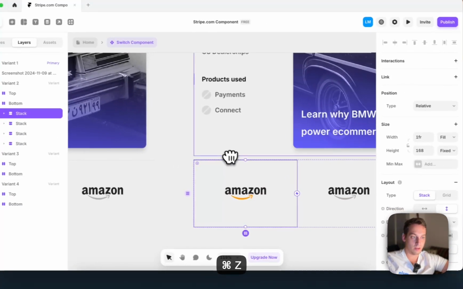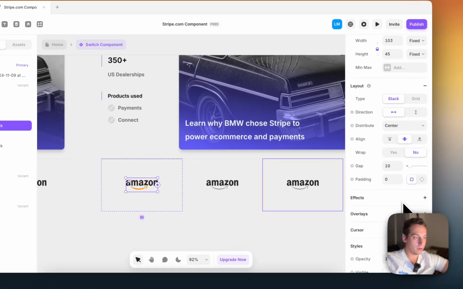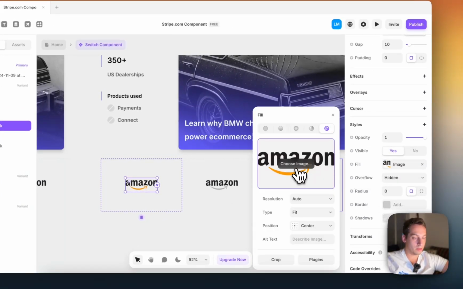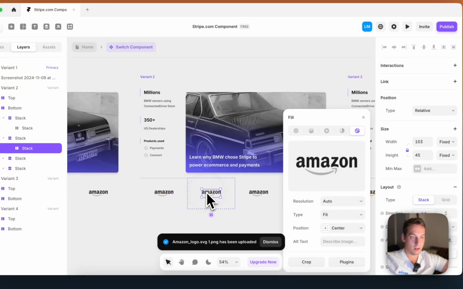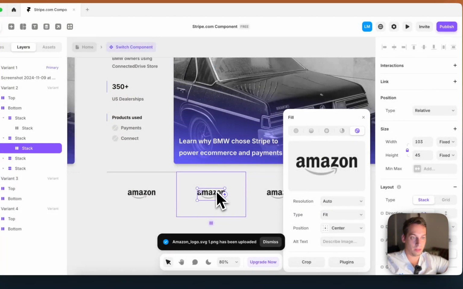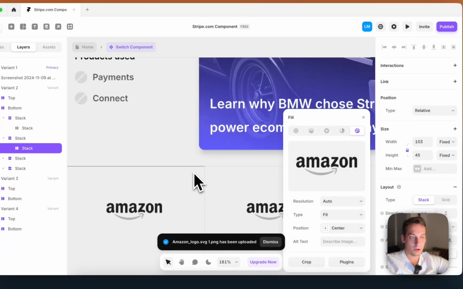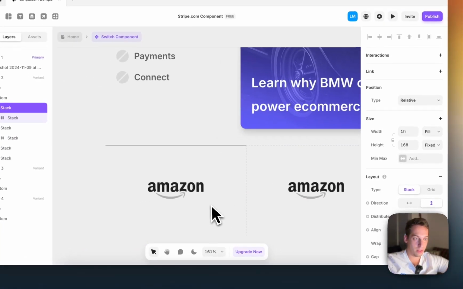Actually, no, that's not the best idea. The best idea would be to basically replace this logo with the black and white. So choose black and white and basically choose the correct logo, the one that's not black and white, put it here,